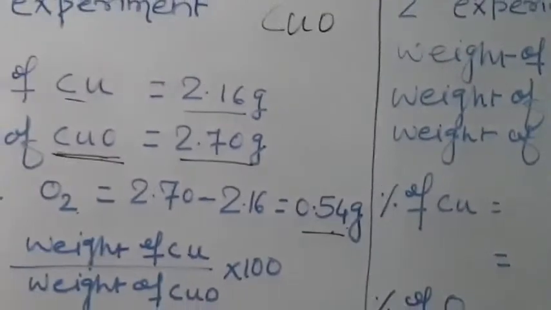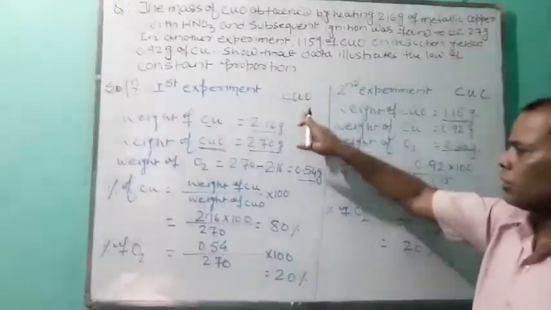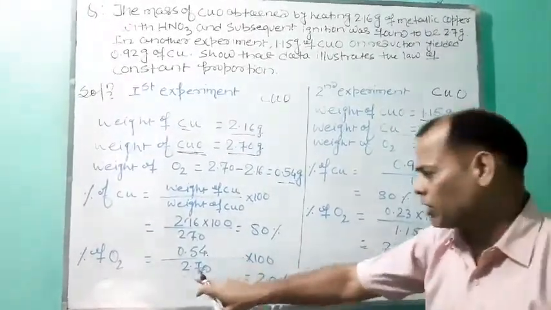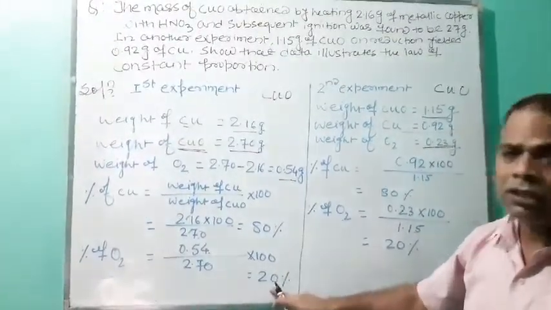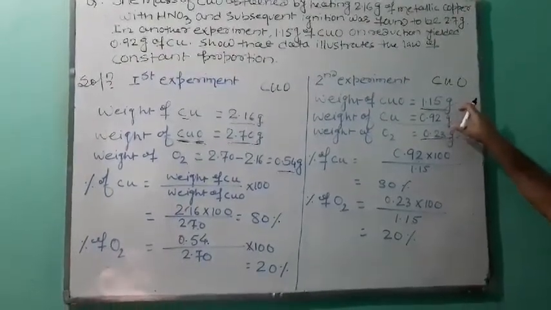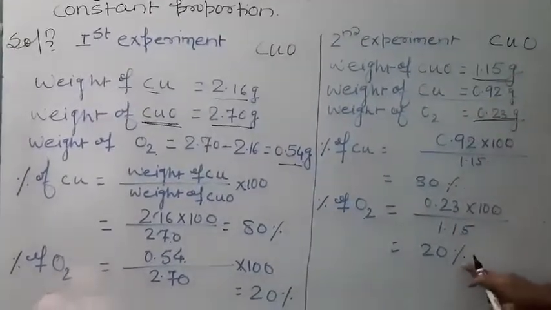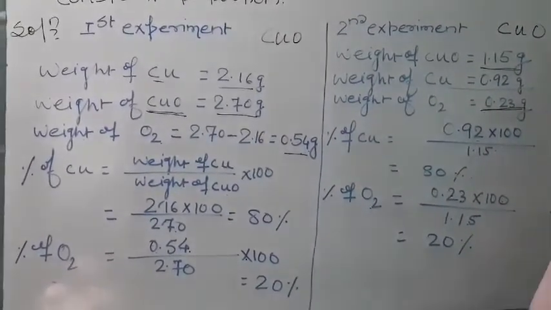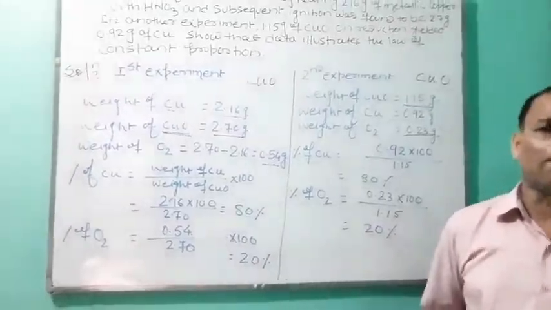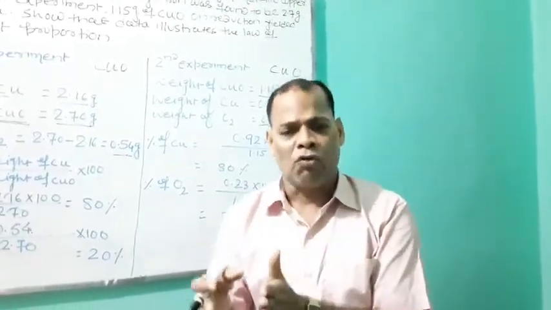Percentage of copper in copper oxide is 80% and percentage of oxygen in copper oxide is 20%. In the second experiment also the percentage of copper is 80% and percentage of oxygen is 20%. It means a pure chemical compound always consists of the same element combined together in a definite proportion by weight,